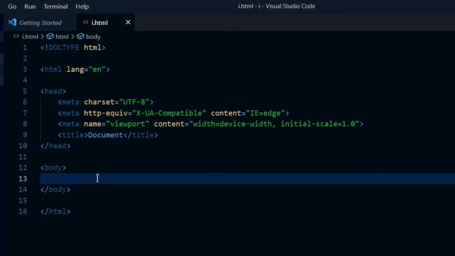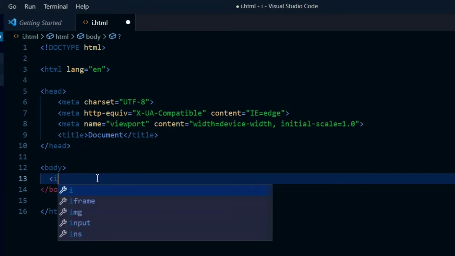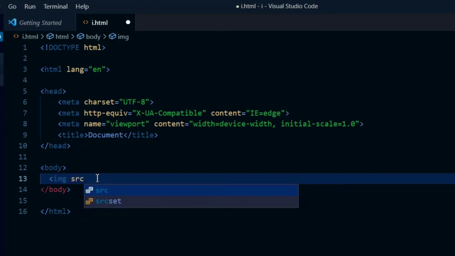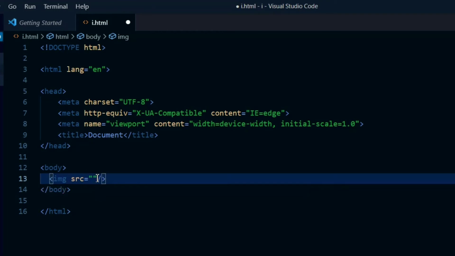I am using an image in the browser. For using the image, you must use the tag img, and you have to use the source. src means source. This is how the image tag looks, in which we just add the link address of the image.